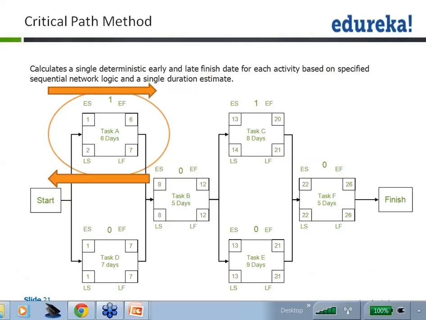Now let me tell you how we should start the activity, because till now what I have covered is that I have only explained the first block. Now you are clear in the nomenclatures which are used in each of the blocks. If I give an example of task E, so you guys know it very clearly. That's task E, which is the activity name. 9 days is the float time available here. And then there is an early start and an early finish, late start and a late finish.